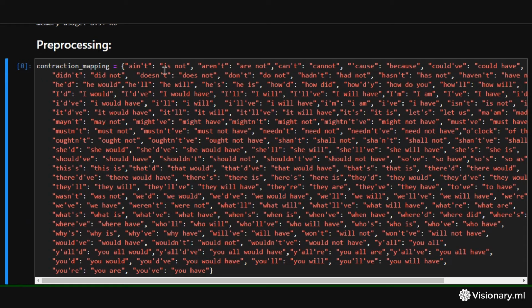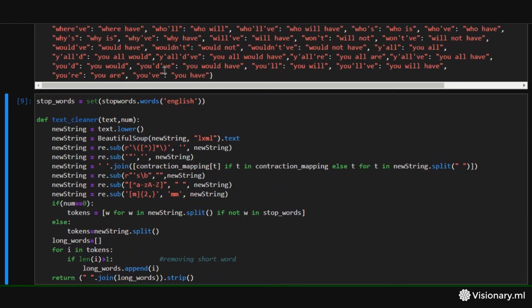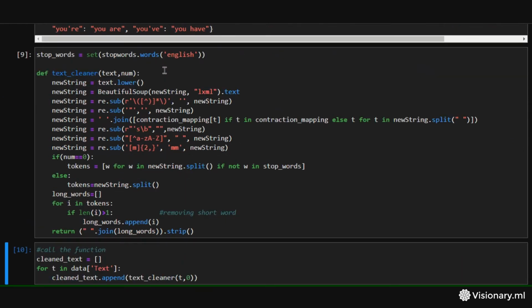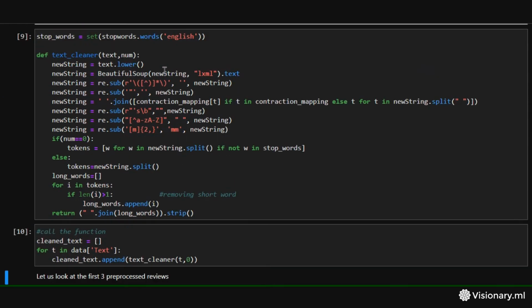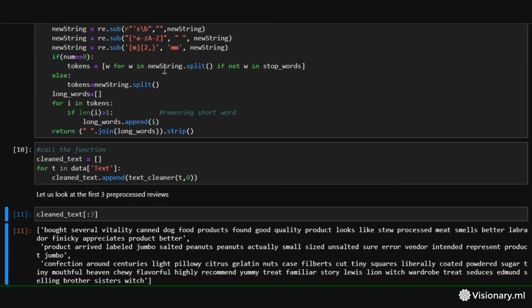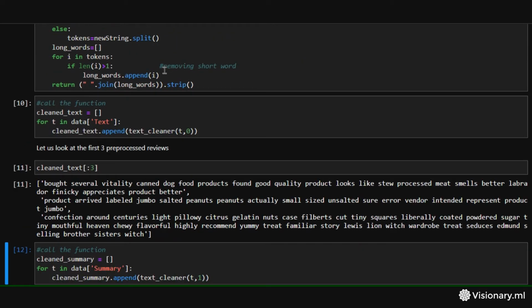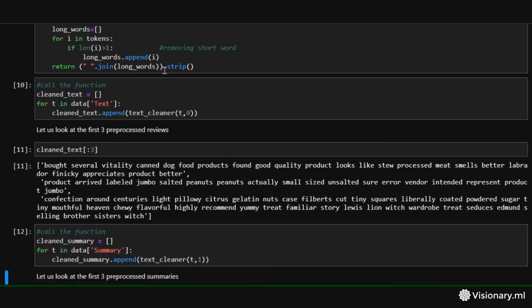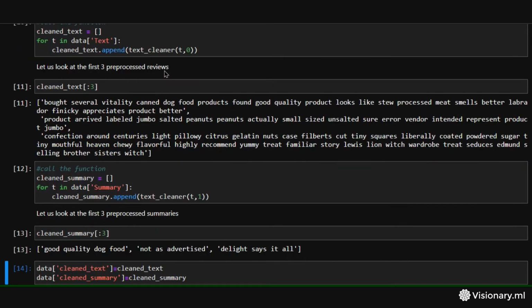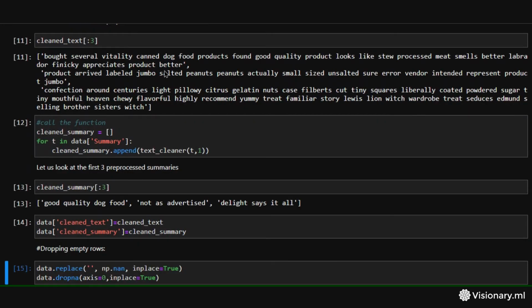After that, we do some data cleaning. Now I'm not gonna run these because it's gonna take some time. This is basic data pre-processing on text data. So we are removing stop words, we are cleaning out HTML tags, and we are stripping off spaces and unneeded characters. So yeah, that's about that. And we go down here